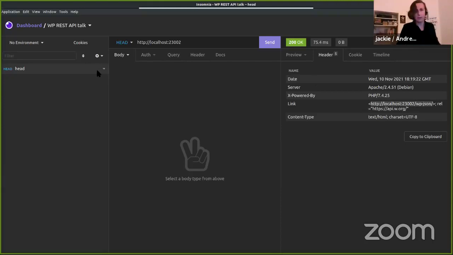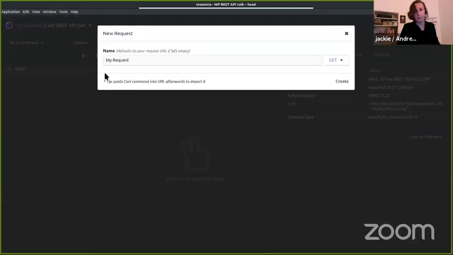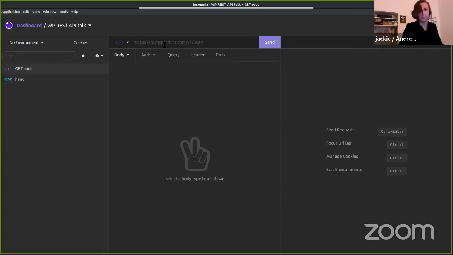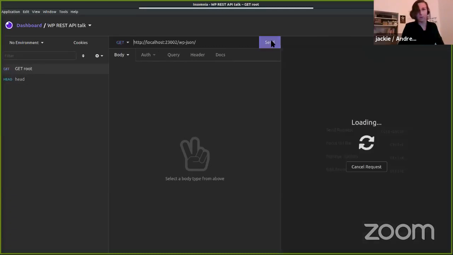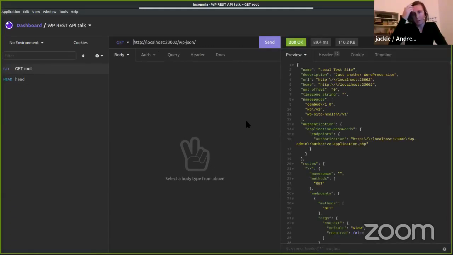So let's use that to get the root endpoint. So we see this is the local test site, and authentication already provides application passwords because I've used this plugin so that application passwords are enabled, although it's on an insecure connection.